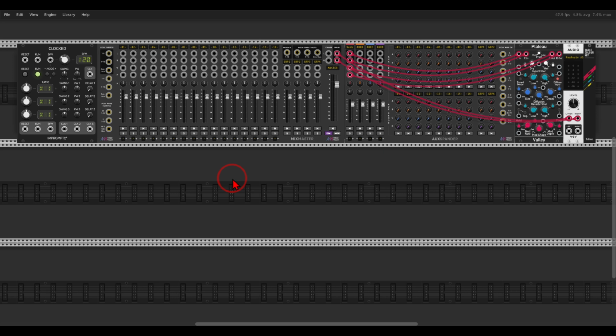Today we will build a patch from scratch, concentrating on one variation of a specific technique called Hocketing, which basically means that you split one sequence between different voices, creating a bit more texture and variation, but still using the same original sequence. So first of all, I have here the clock module clocked from Impromptu that we will use